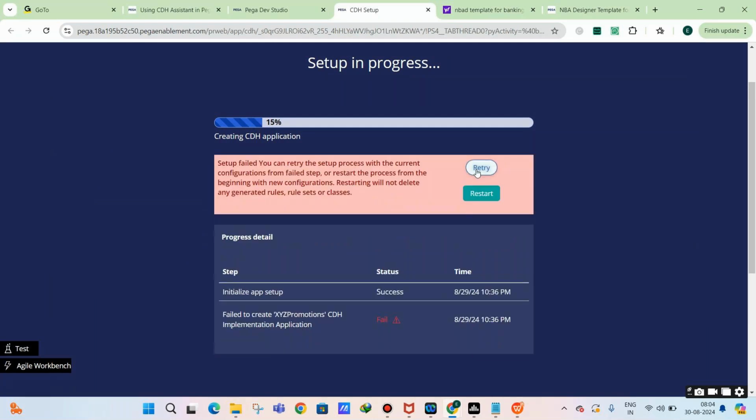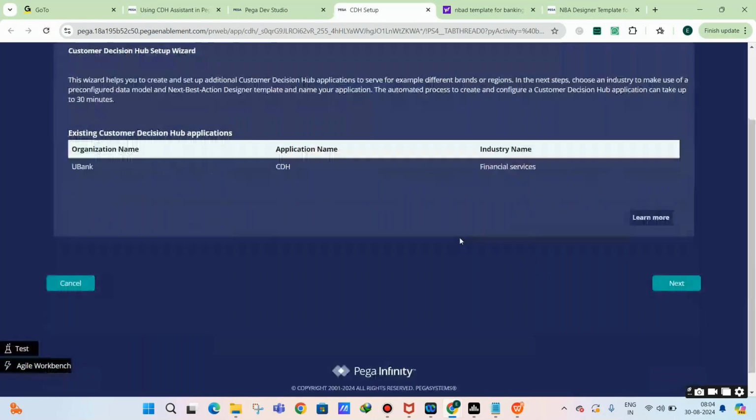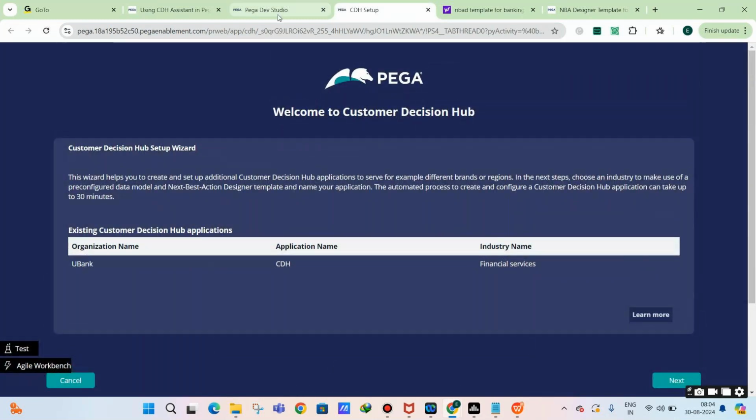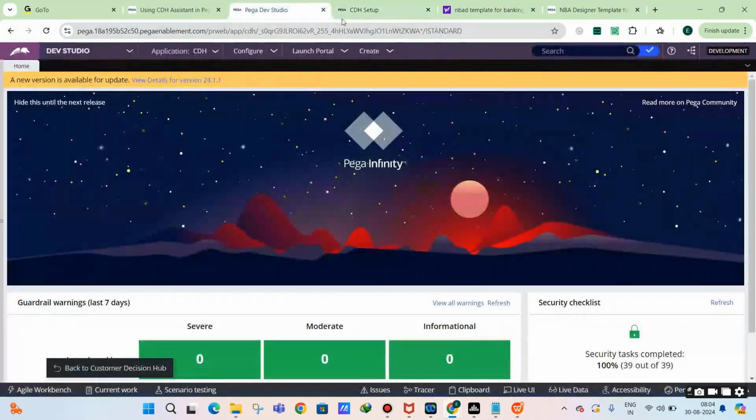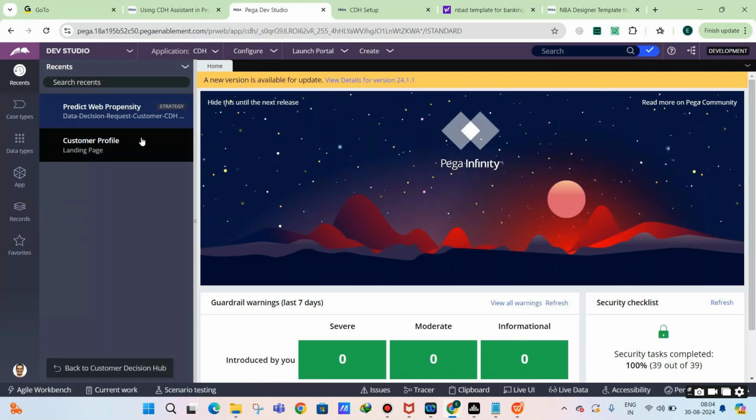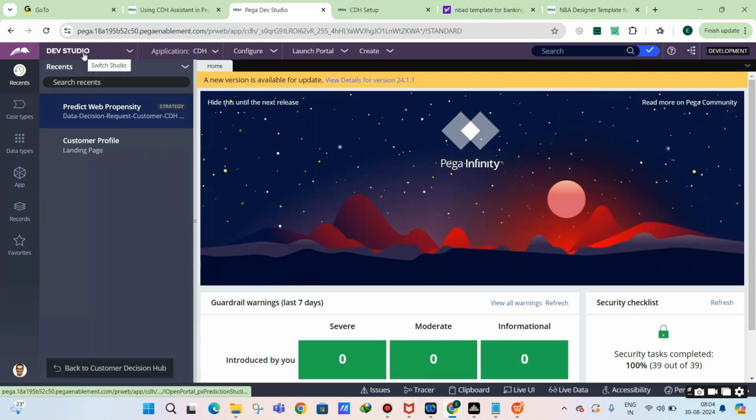There is some issue. I think it is an issue with the environment, so you don't need to worry. I'll check that one. Once the application is created, this is how your application will get created. I'll just check why it's not getting created, maybe some environment issue. So assume that this is our first decisioning application that has been created. If you have noticed, the first thing that you need to check is the context dictionary,